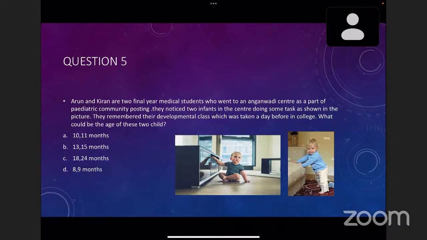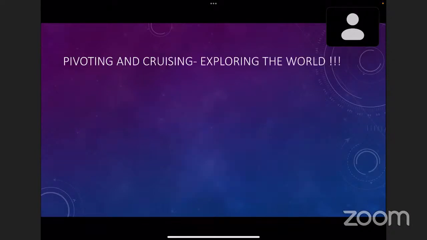So here you are seeing one child is sitting and trying to explore the drawer, and the other child is standing and trying to explore around the furniture. So these are the two important milestones in the gross motor that help the child explore things. The first, where the child is sitting and trying to explore by just moving around without standing up. This milestone is known as pivoting,